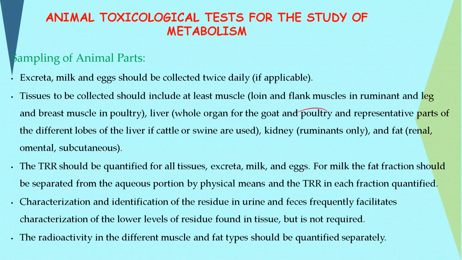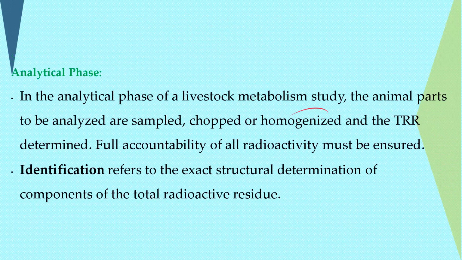So the sample should be quantified in all tissues, excreta, milk, and eggs. For example, the milk fat fraction should be separated because many times the fat is totally adhered with the chemical. So the aqueous portion is separated by physical means, and by this TRR is determined for each fraction. And characterization of the residue in urine and feces subsequently needs to be done, and that should be lower than that of the other tissues. Then radioactivity in the different muscles and fat types should be quantified separately with the